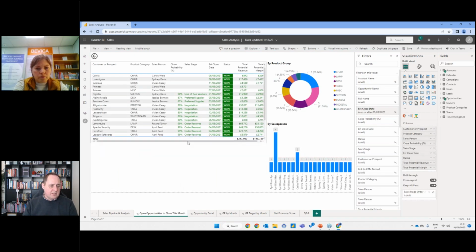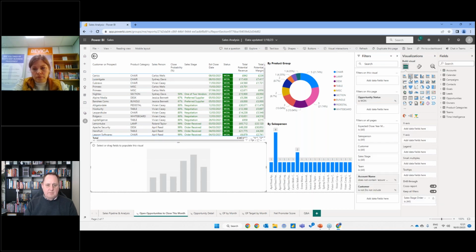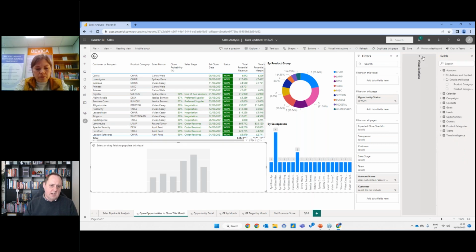So here, if I wanted, I can minimize that. I can say, that's great. Now I want a new sort of visual. Here's all the standard visuals, and I'll show you how many more there are. So from here, then I can decide what data I want to bring in. So I want to bring in it by account. Select my field, drag and drop, and that then adds it.